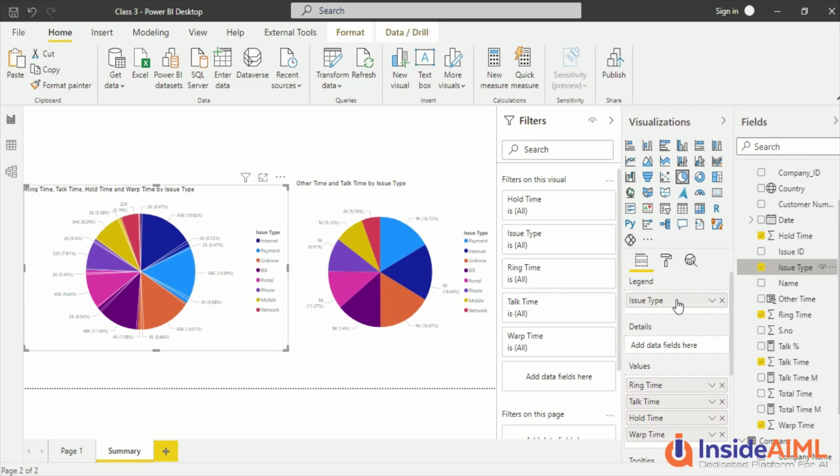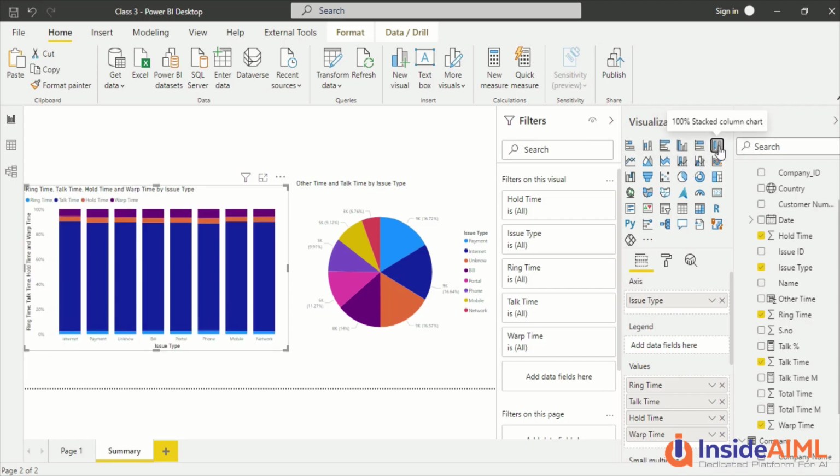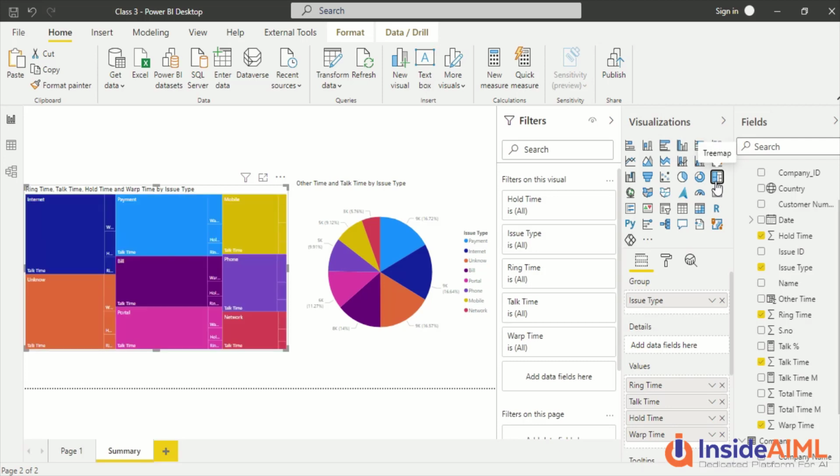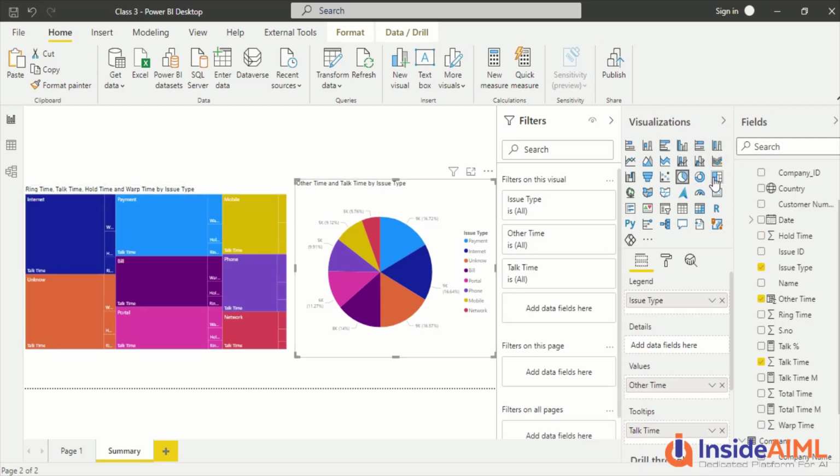Now there are certain visuals with legends, and certain visuals without legends. All different kinds of visuals are there. We have to explore all those. So let me make it this one. Now we have something known as a tree map. Now the tree map is interesting. It can be created both ways, with one or with more.